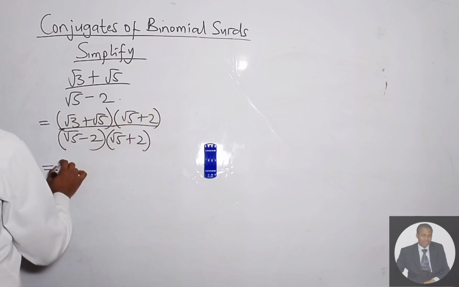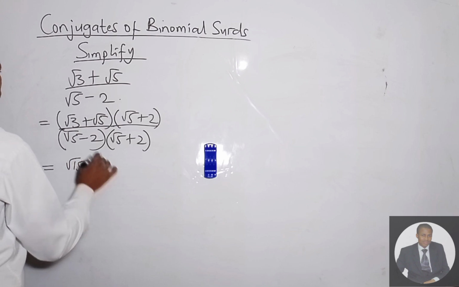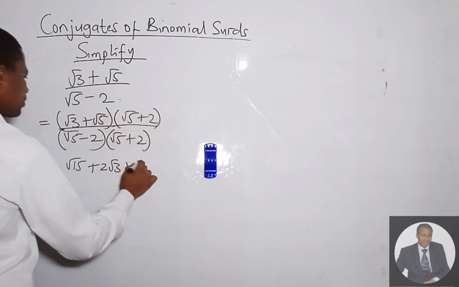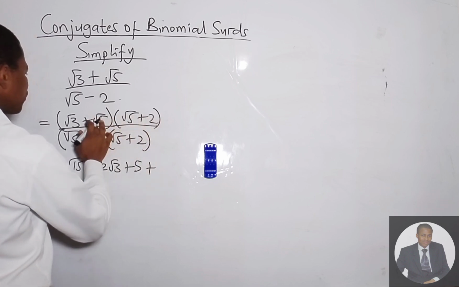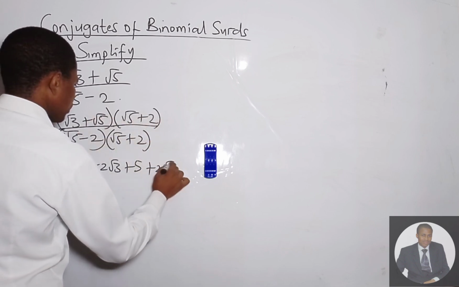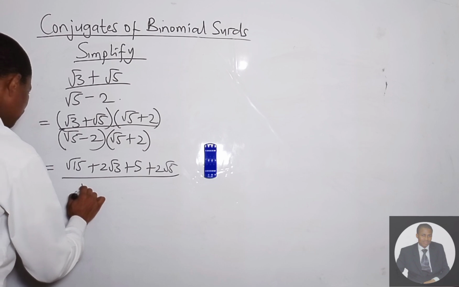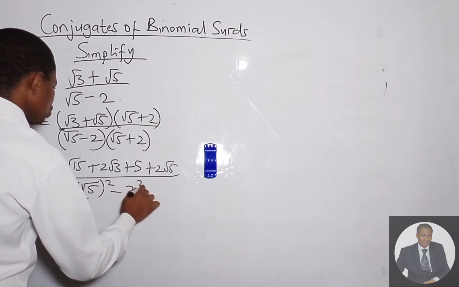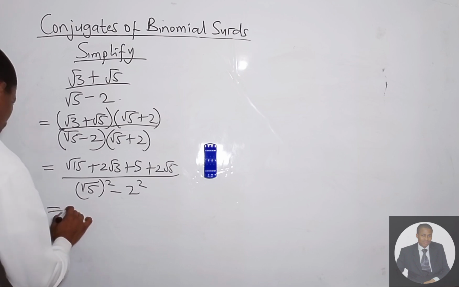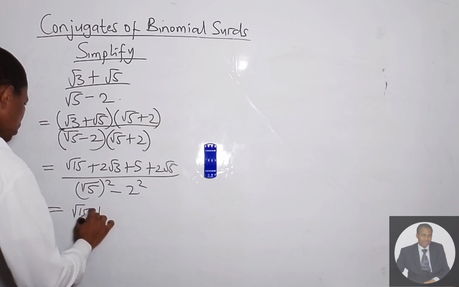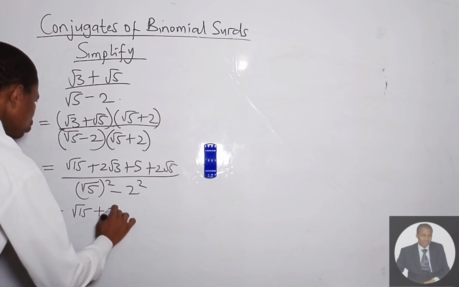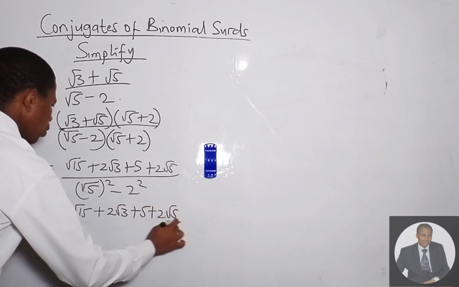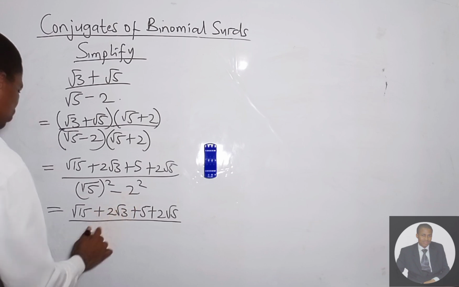Root 3 times root 5, that's root 15. Root 3 times 2, that's 2 root 3. Root 5 times root 5, that's 5. Root 5 times 2, that's 2 root 5. Then we do the difference of two squares. Root 5 squared minus 2 squared. What do we have here? We have root 15 plus 2 root 3 plus 5 plus 2 root 5 over 5 minus